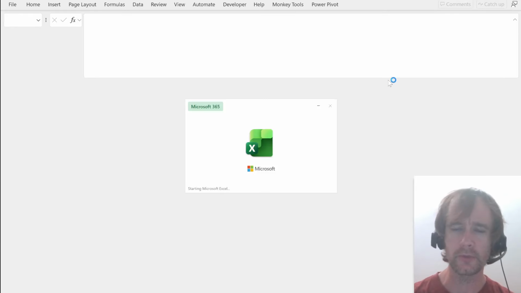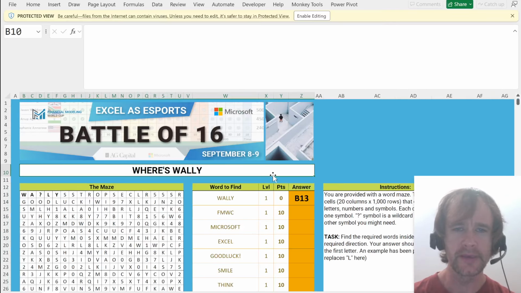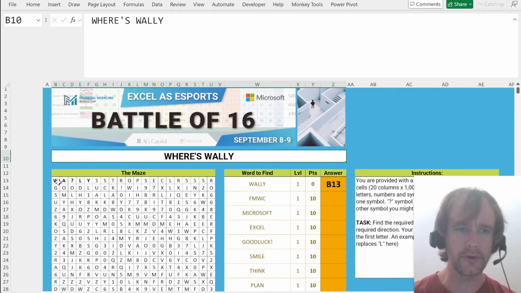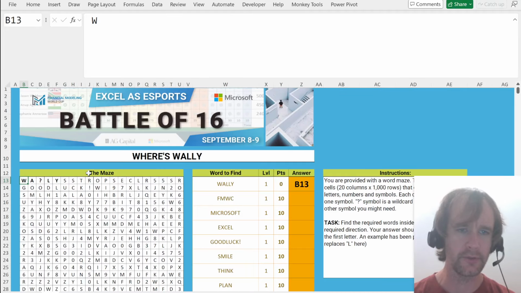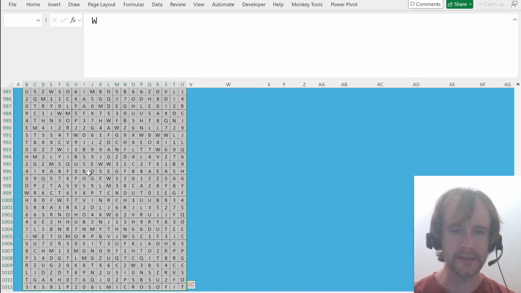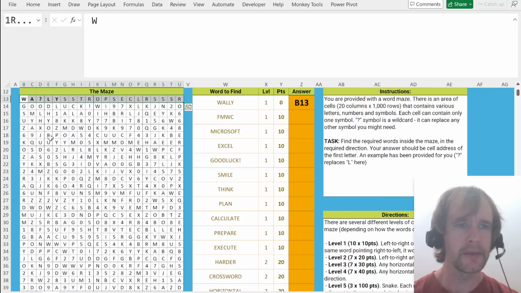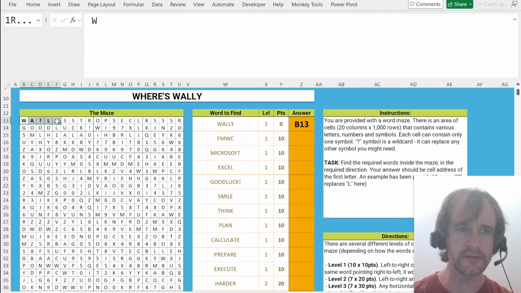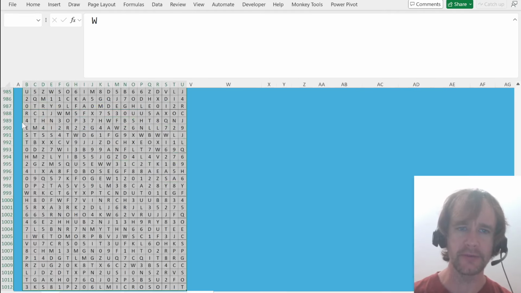Yeah, see, it's Where's Wally 1 because I just did it yesterday. So again, just to quickly go over it, we've got this thing called the maze. It's 1,000 rows by 20 columns. And there are wildcards in it, so this question mark can stand for any letter. So this first thing here matches Wally as the example. And all the answers are what address does the word start in, which can be any of the 20,000 addresses